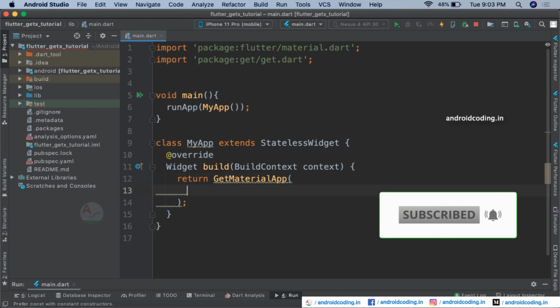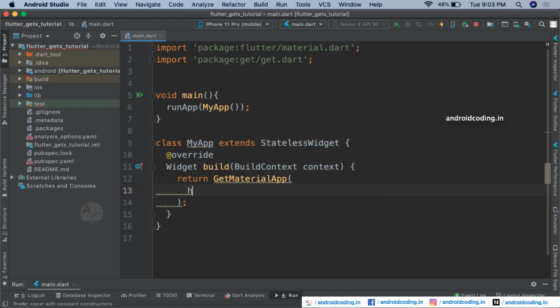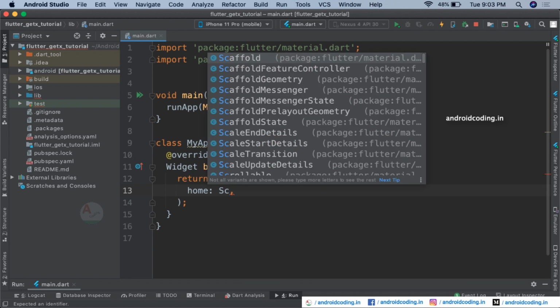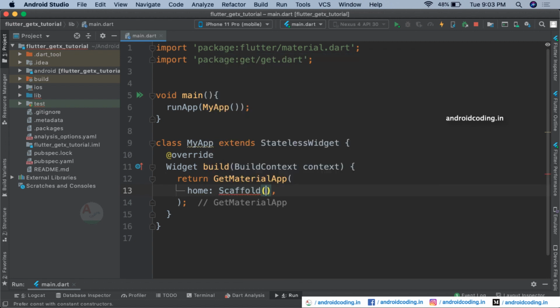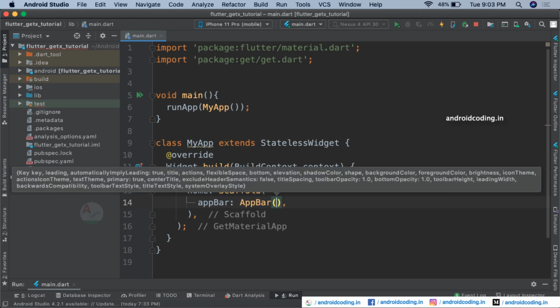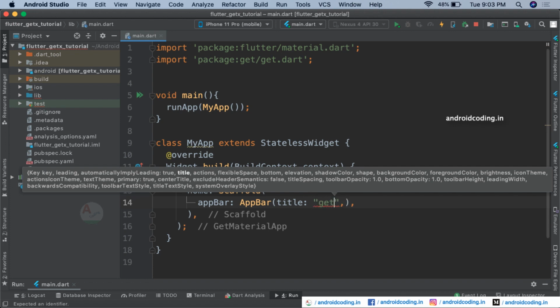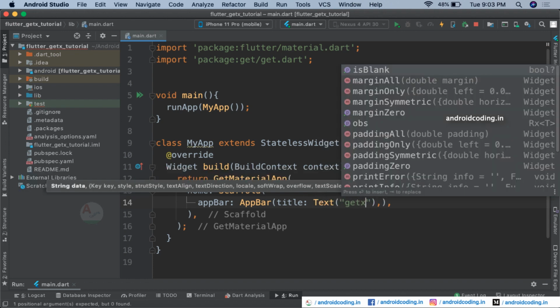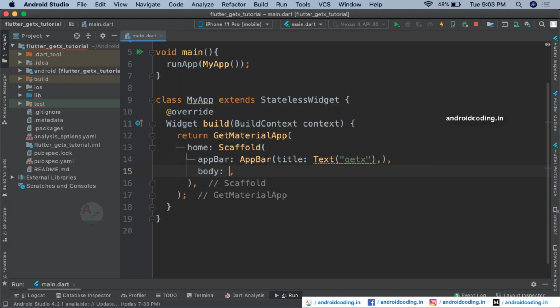Inside which, as usual, you can just specify your scaffold here, and inside this scaffold we are having an app bar. So in the app bar, I am specifying our basic title, like we are dealing with GetX currently, so let's provide the same. Also provide the body here, inside which I will be considering a column.